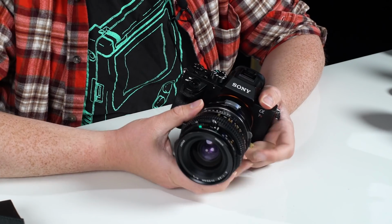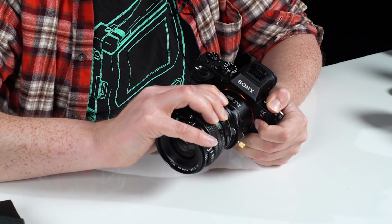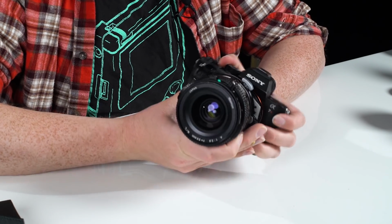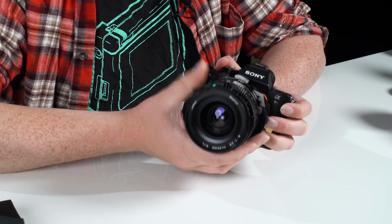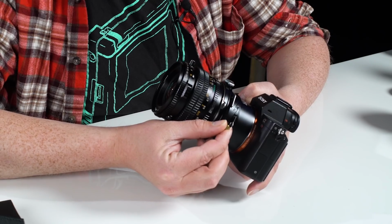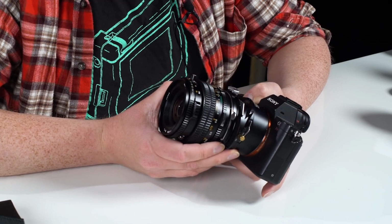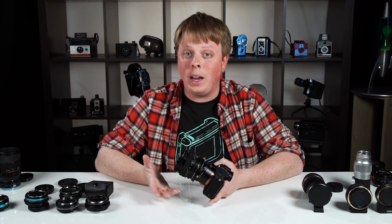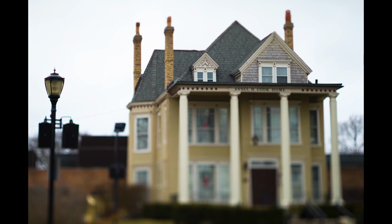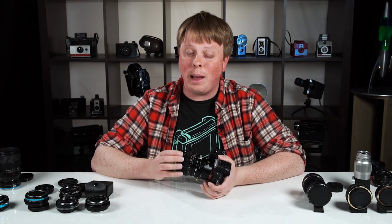Let's mount this adapter on the camera. And I can show you here, not only do you have the shift functionality, which shifts left and right, and the rotation functionality, which allows you to rotate the lens to different positions. You also have the tilt functionality, and how this works is you loosen this gold knob, and then you just slide the lens down. So now, as well as being able to shift, you can tilt the lens and adjust the focal field. What makes the Tilt ROKR so exciting is it allows you to turn pretty much any adapted lens